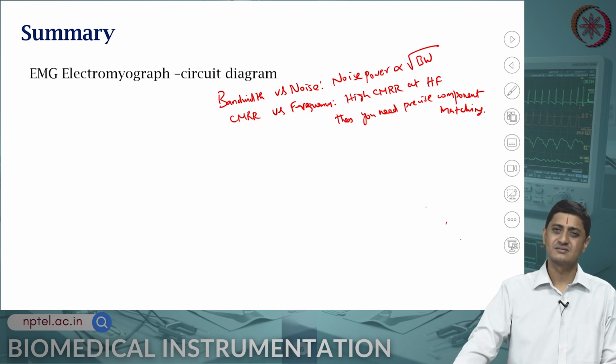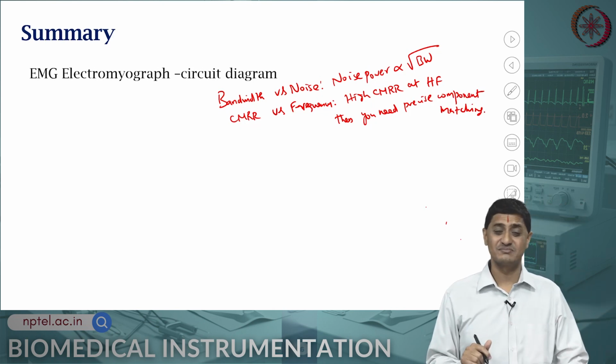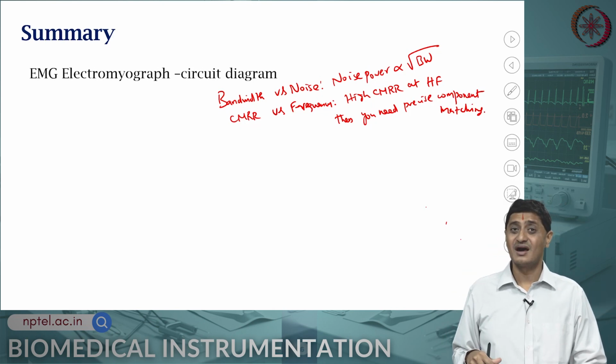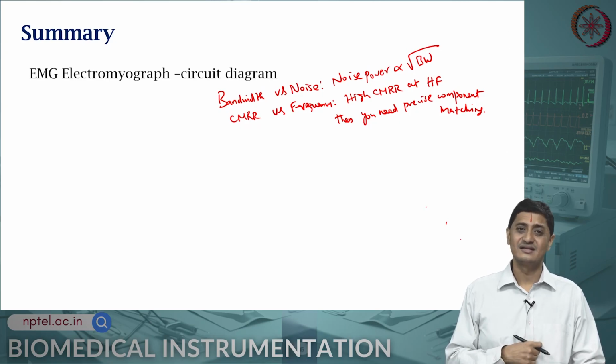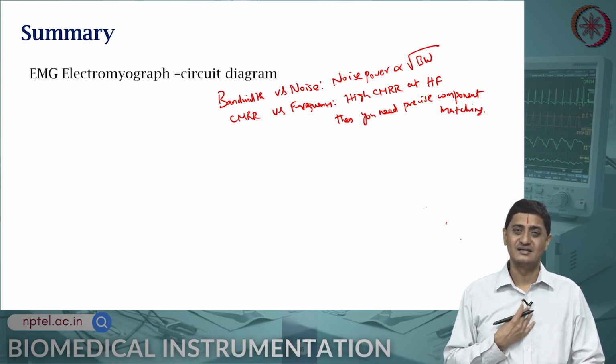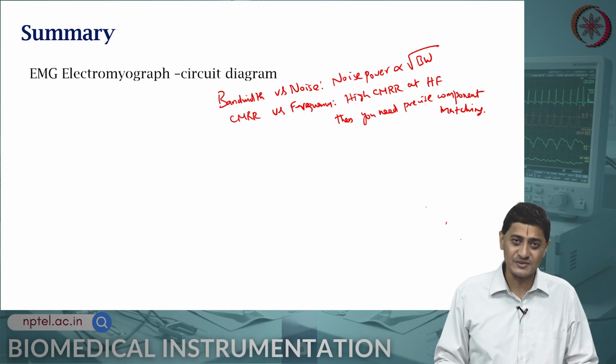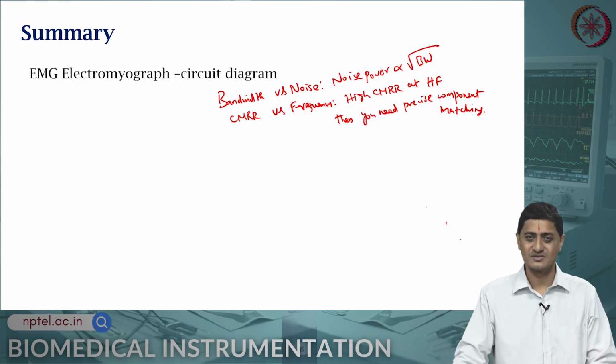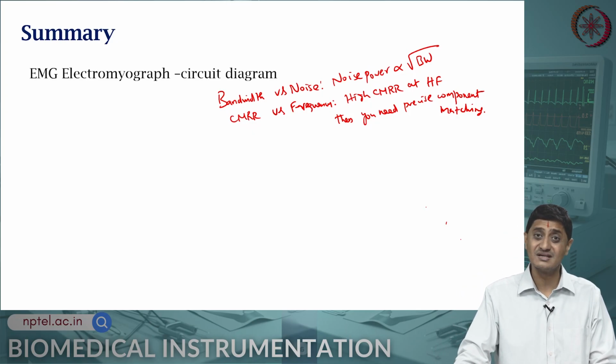This is critical, and we need this because high frequencies are there in EMG, unlike EEG and ECG. So, there is a CMRR versus frequency trade-off, there is a bandwidth versus noise trade-off,